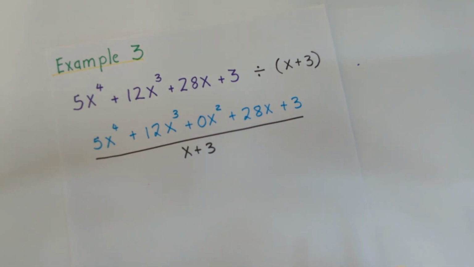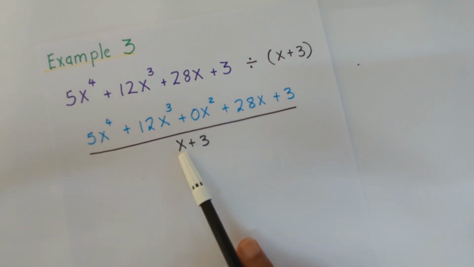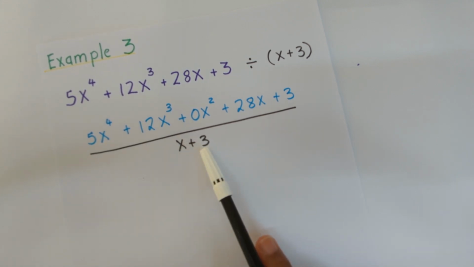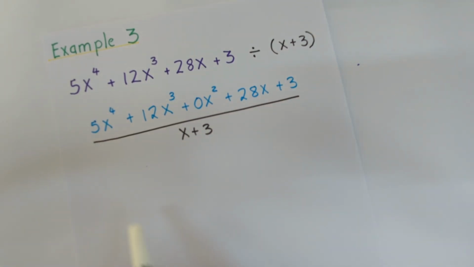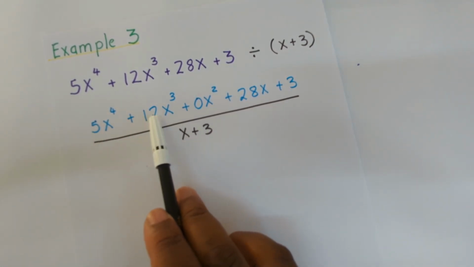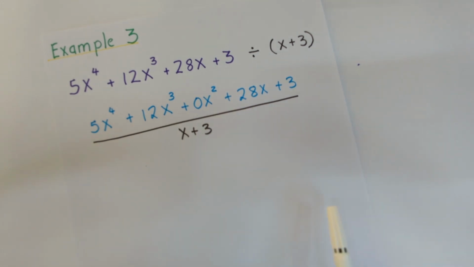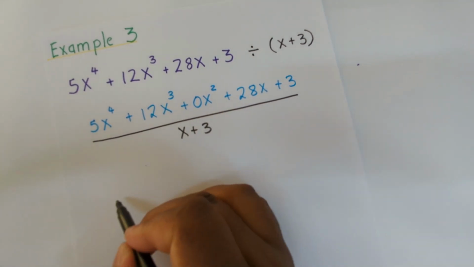Now let's check if our coefficient of x in our divisor is 1. We have x plus 3 as our divisor, which means our coefficient of x is 1. So what we need to do is to go ahead and list the coefficients of our variable x from our dividend. So we have 5,